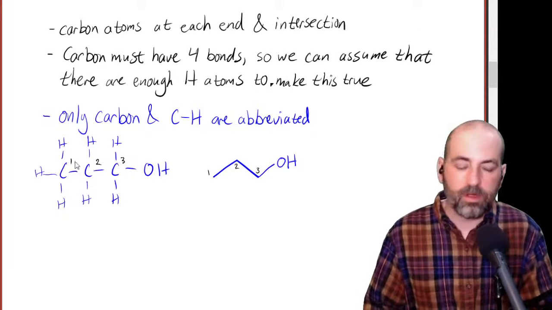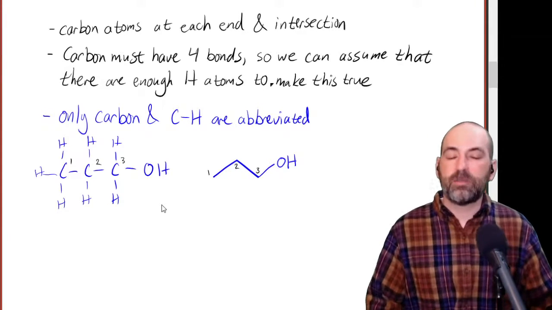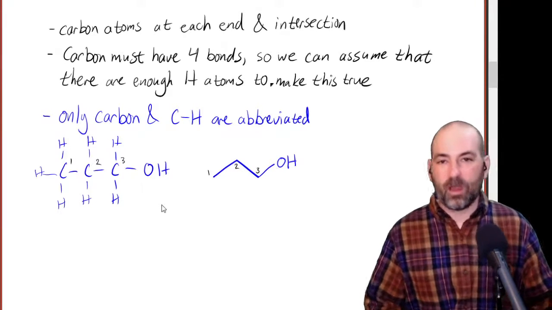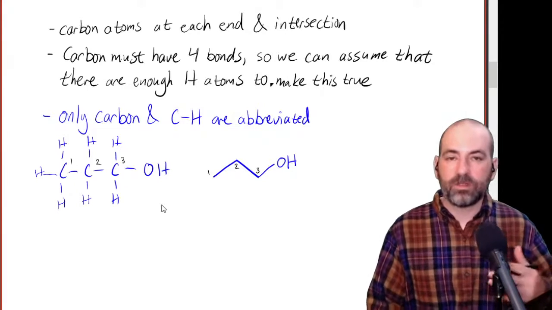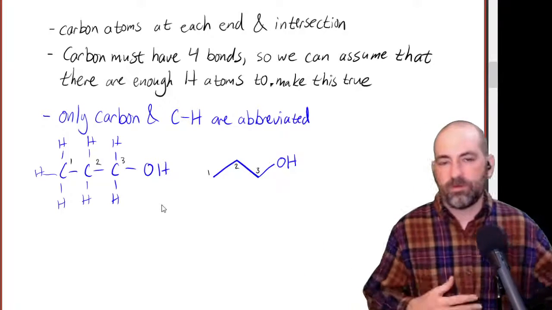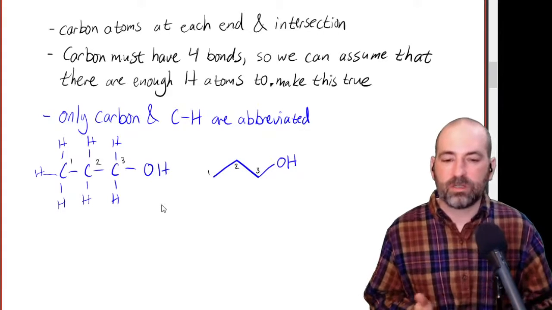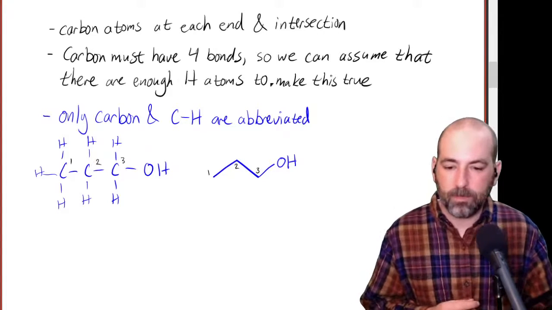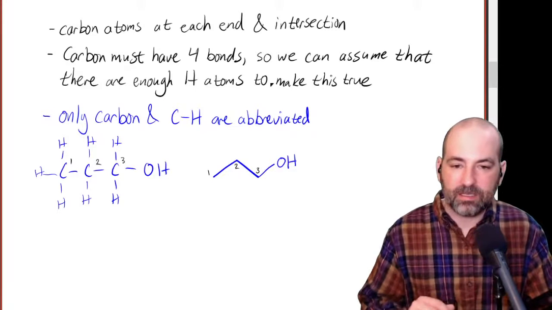This idea of numbering your carbons is always helpful with these kinds of things because especially as the molecules get bigger, it's easy to lose a carbon here or there. So if you keep everything numbered, you keep track of all of it, you can always say, oh, is this really connected? Is carbon 3 connected to carbon 2 or is it connected to carbon 4 or whatever? It gives you a reference of how to think about which things are connected to which. Okay, so that's the basics of line structures.